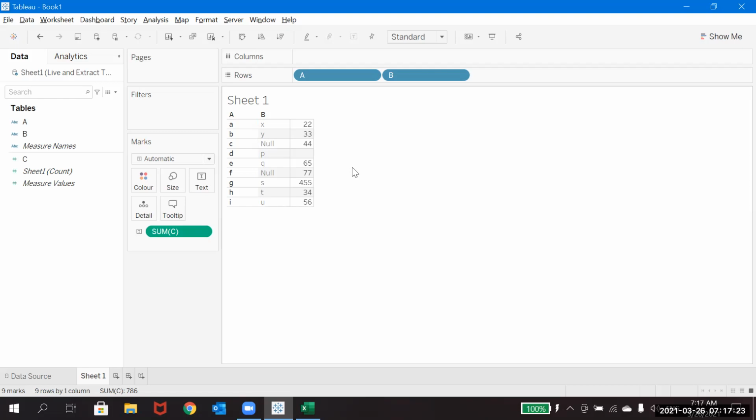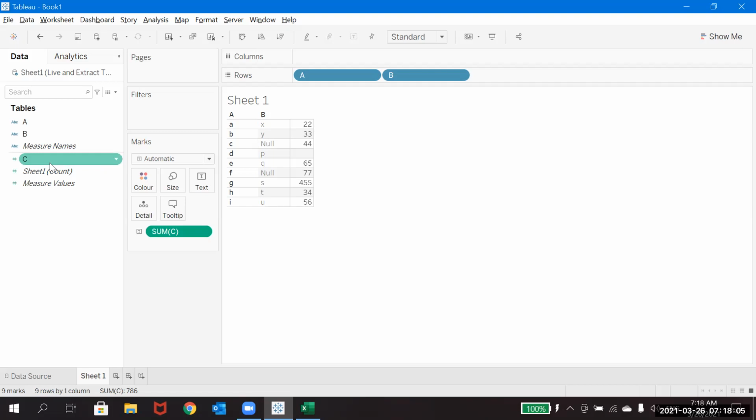But just remember that when it is string content, yesterday I told you about dimensions and measures. We will still be discussing that in the further classes. If you observe, the colors of these columns that we have dragged are slightly different, this is blue and this is green. Blue means it is a string, or a discrete value, and the measure value is something like a continuous value. These are in the dimensions and C is in the measures.